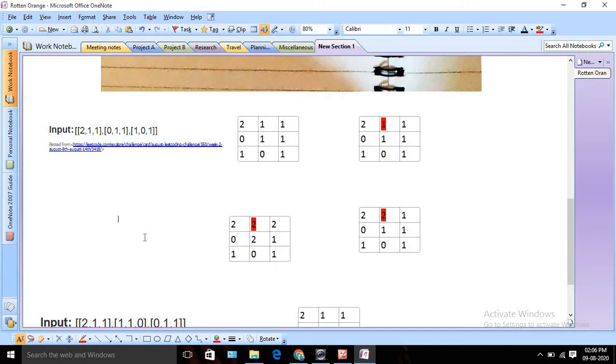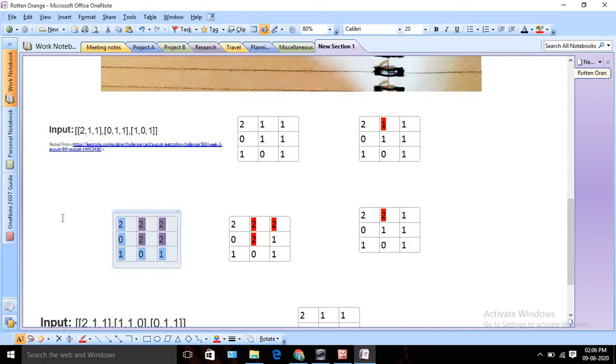Let me quickly mark it as red here. So this will also be red, and this will also be red, and again this will also become red, since it's adjacent to the rotten one. After that this will also become red, and this too.